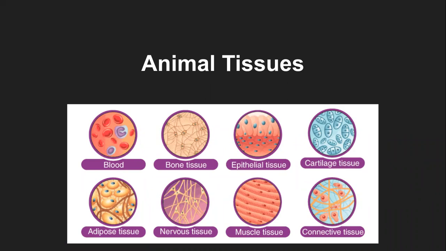Plant tissues are relatively much simpler, and animal tissues are very complex in terms of function and structural arrangement and so on. So in both of these aspects, structure as well as function, animal tissues are a little complex type of tissue. We will see all of them one by one. What you see on this screen is just different types of tissue which are present in your body. They are present all over the body in different forms.